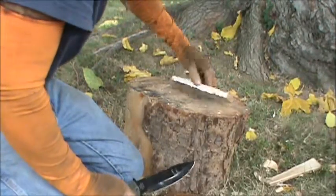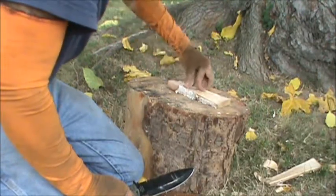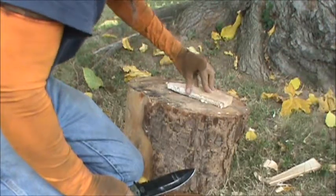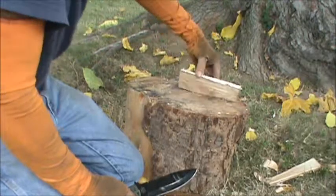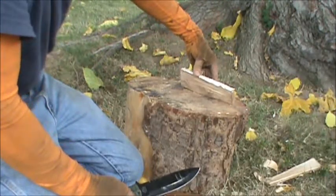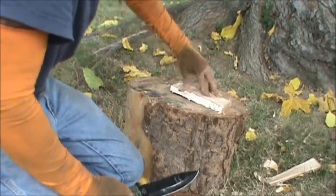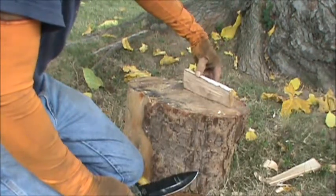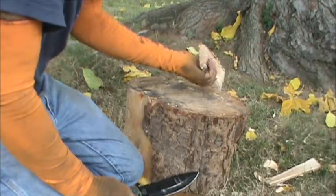Always chop to get it as level as I can. Figure out which side I'm going to use for the top and the bottom. It's a little bit twisted. Some woods will twist. Got a pretty good twist to it. It's a huge twist. Yeah, we don't have a lot of thickness to work with here, so